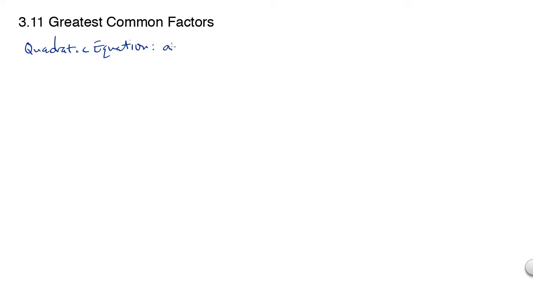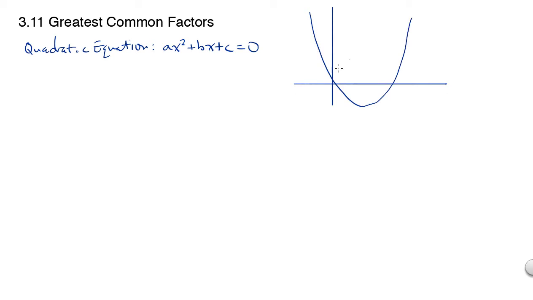A general quadratic equation has this form: ax squared plus bx plus c equals 0. And setting that equal to 0 is basically equivalent to solving or determining the x-intercepts of a quadratic function. Imagine we've got y equals ax squared plus bx plus c. A, b, and c are just numbers. So a, b, and c are just constant coefficients, and when you plot the graph of this equation,